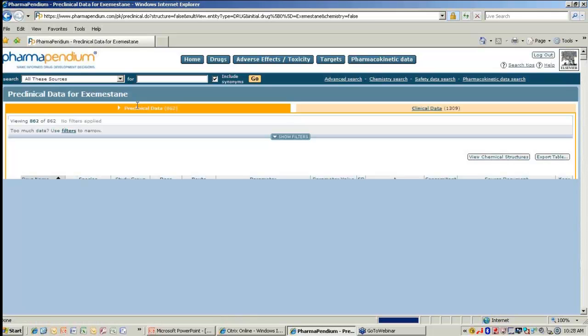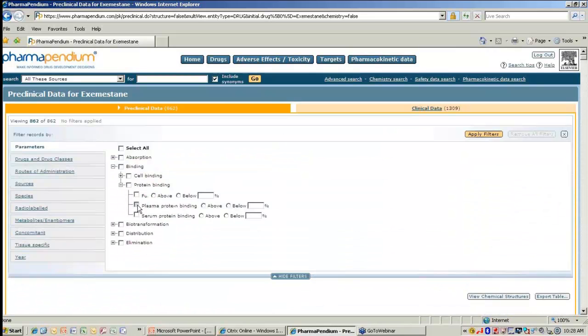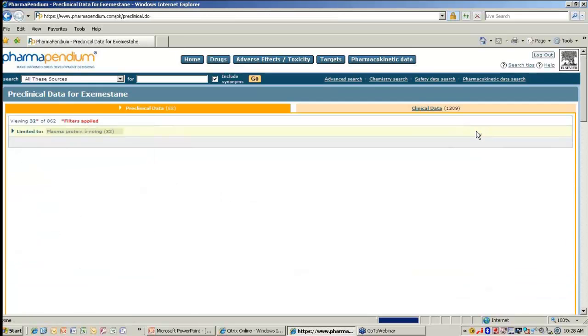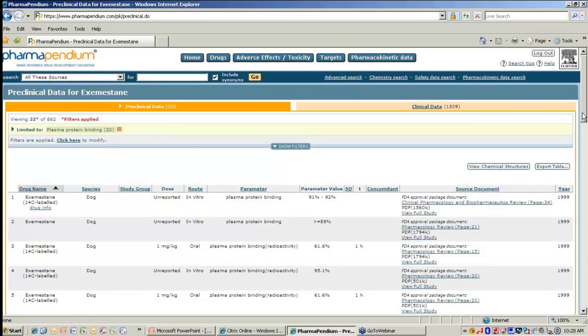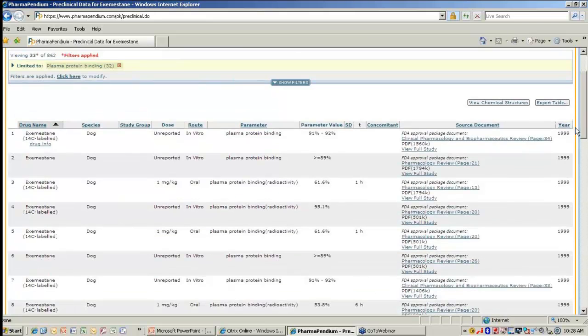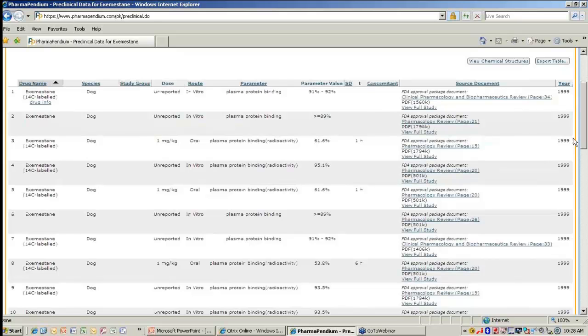Again, we can filter our results for plasma protein binding. And here what's really nice is that we really get a black and white view of what preclinical model is relevant for us in studying plasma protein binding studies. So for example, if we look at dogs, we see that there are two routes of administration, in vitro and oral. And we see that for the in vitro studies, this parameter value seems to translate well in humans,